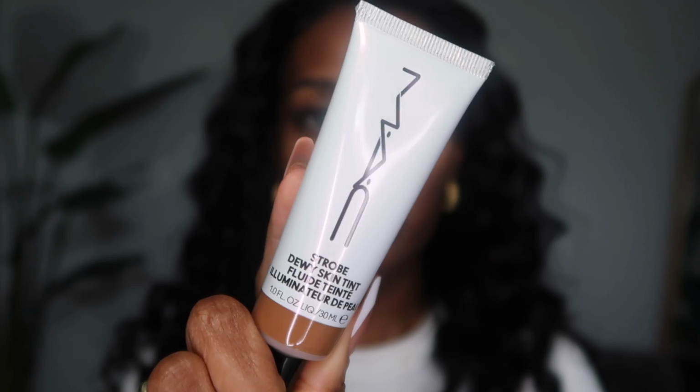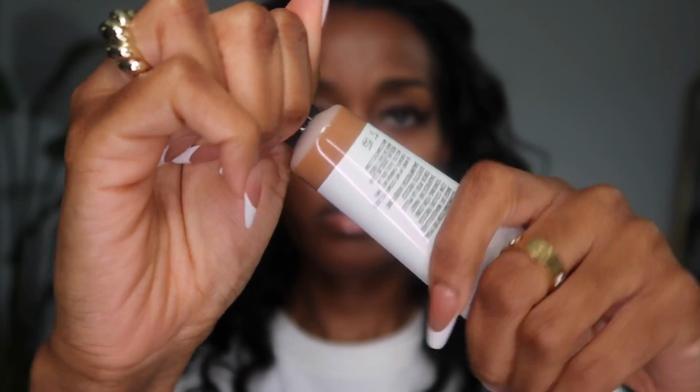So let's check out the claims of this. This one is saying that it has 78.65% skincare ingredients. We love a makeup product that has skincare infused. It has hyaluronic acid, shea butter, squalane, and vitamin E. It says that it immediately evens skin tone, blurs and diffuses blemishes, provides immediate hydration, long wearing for 8 hours, non-fading for 8 hours, stays color true for 8 hours, provides anti-pollution protection and anti-blue light protection,